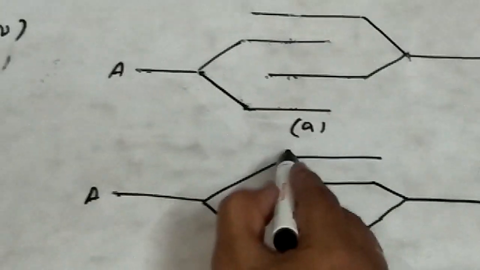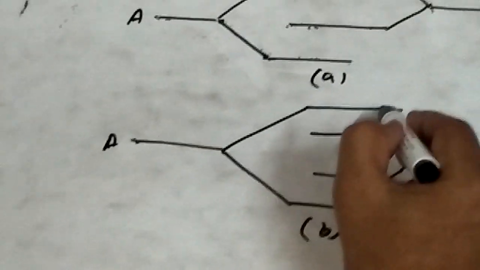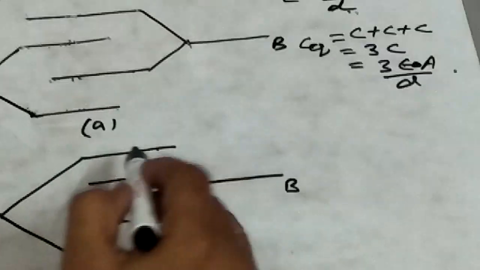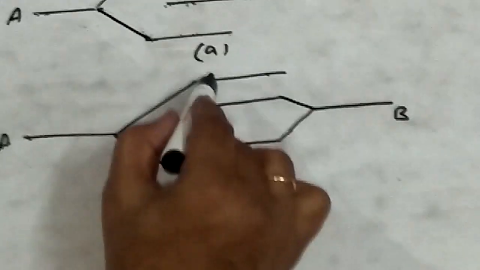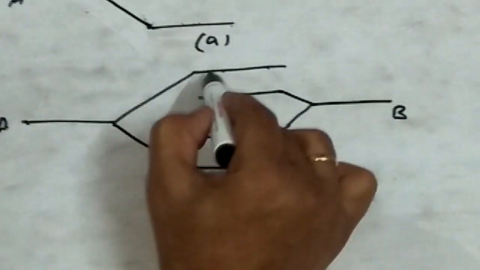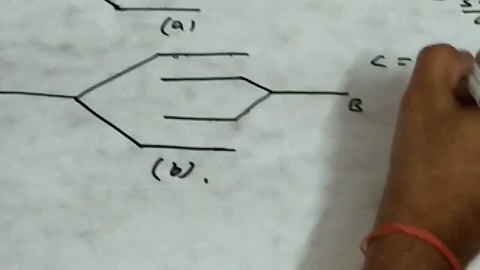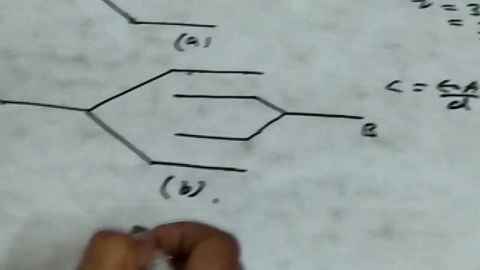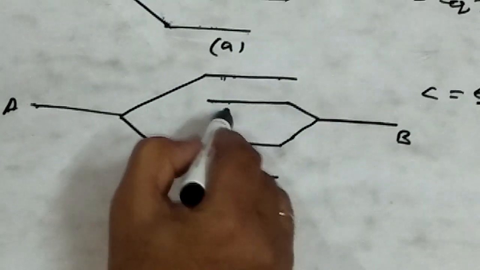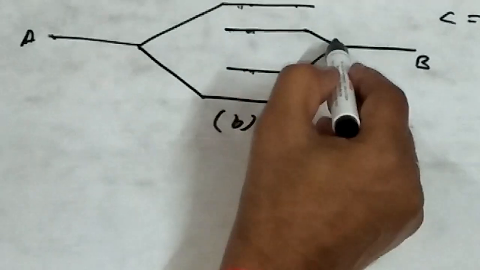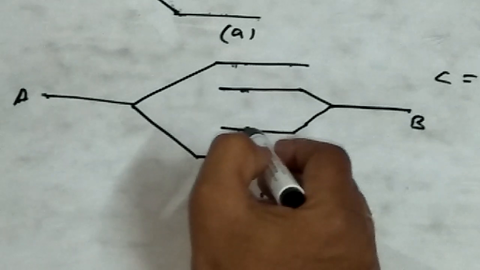In this case, again you look here. Suppose the plate area is A and the distance between the plates is D. Again, how many capacitors will form in this case? So here this plate is from A and this one is a plate of B. So this will form one capacitor and its capacitance C is given by epsilon naught A upon D. Now these two will never form a capacitor. Why? Because both are plates of B only. So it will never form a capacitor.